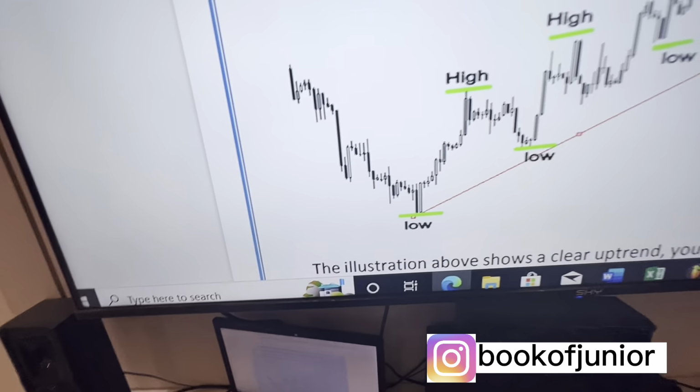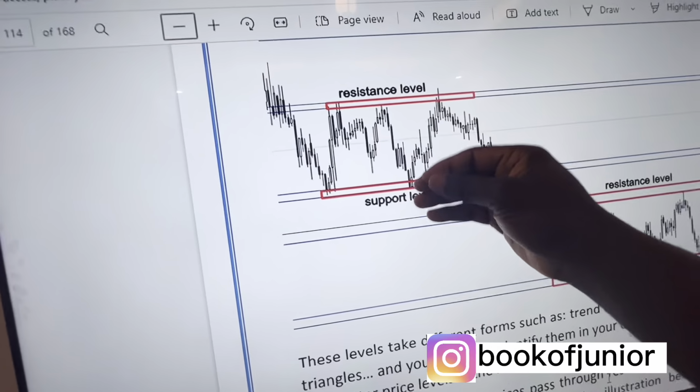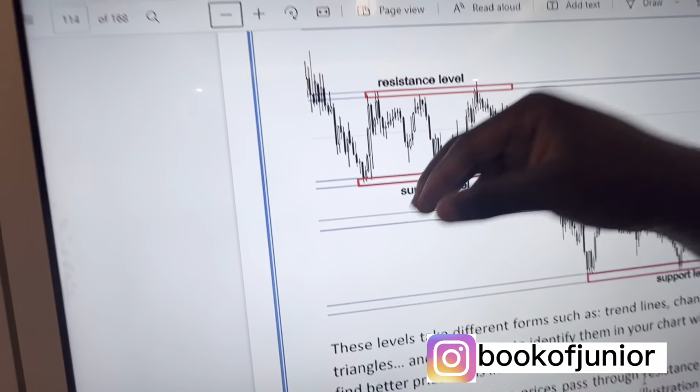A ranging market is just one that is ranging in a fixed zone, resistance and support. So you can see as price breaks out and does all this. So the next step now, we are going to show you how we apply it and what we look